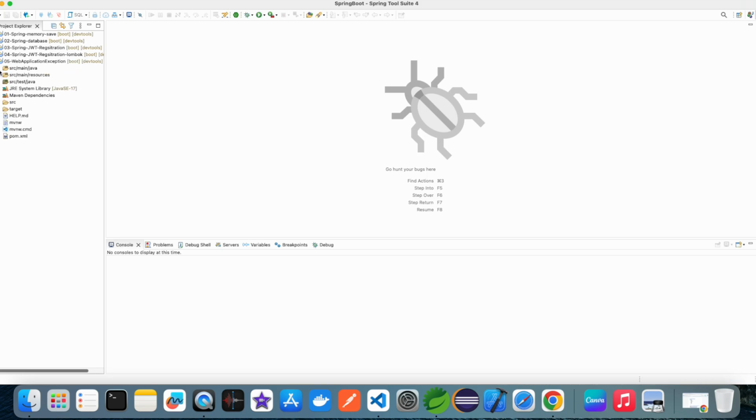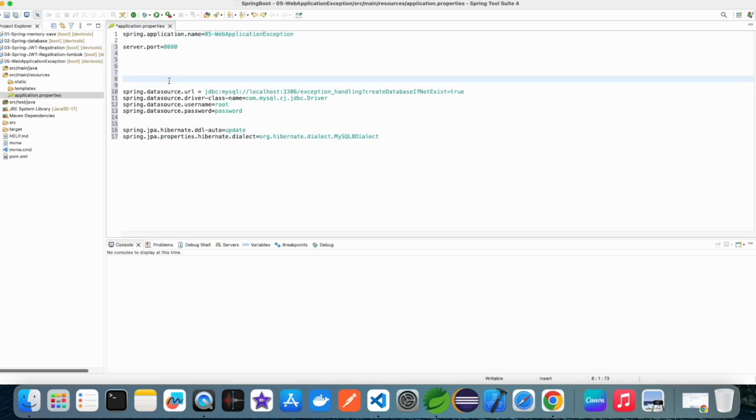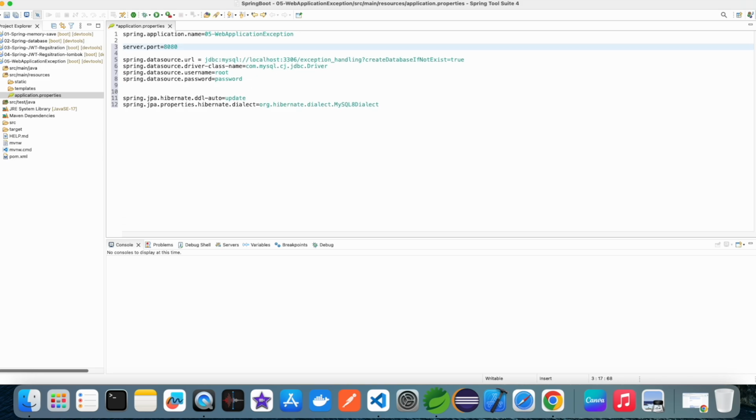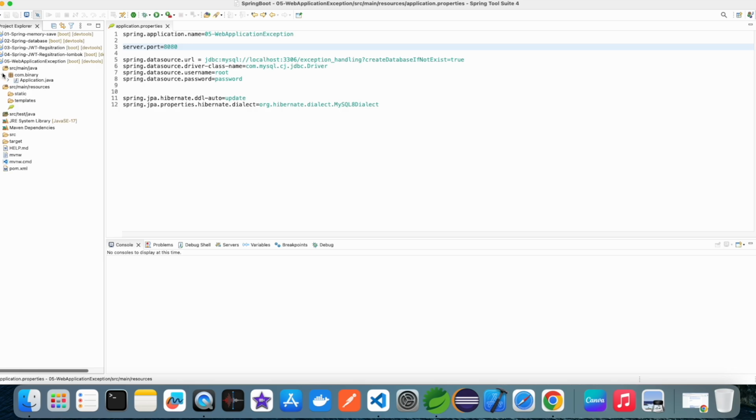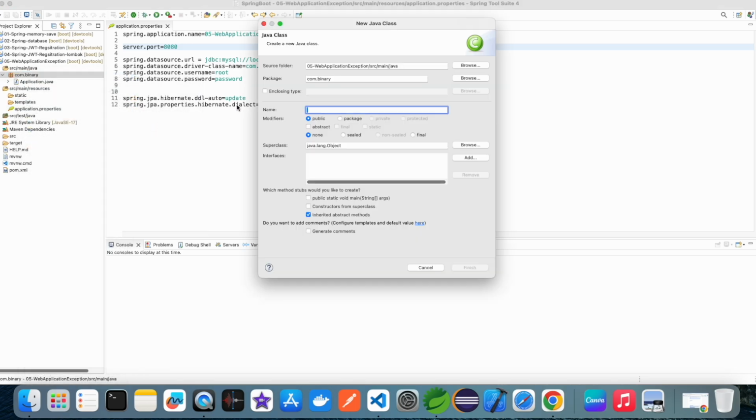basically a web application is where the end users are the actual users, so they see the HTML or CSS code. This is the application.properties file where you define the MySQL configuration, like the connection to the database and the server port. And first I make a controller,